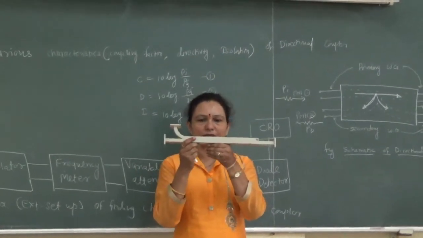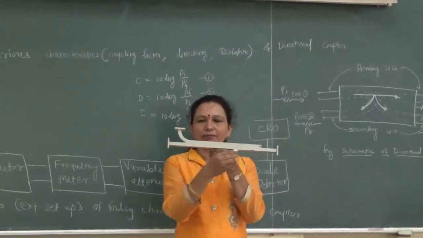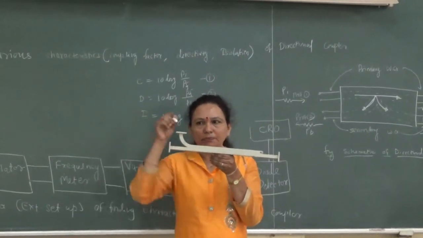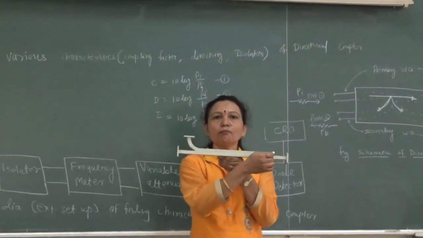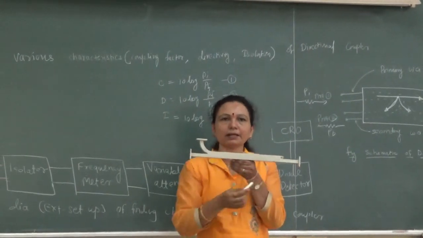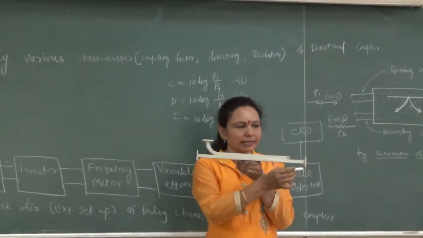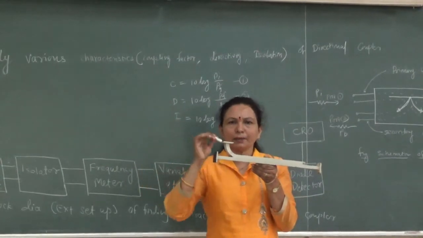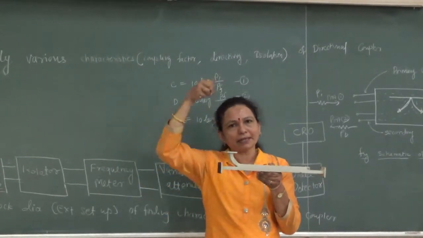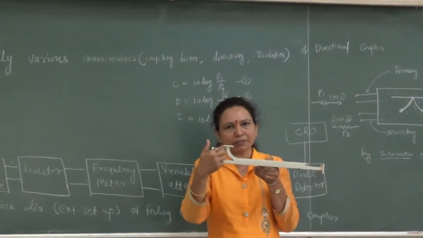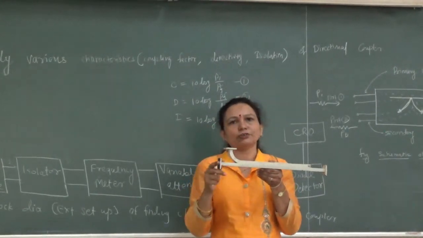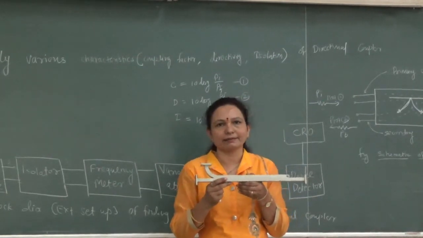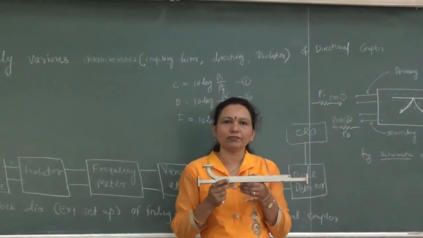Now in this in-place waveguide assembly, you can see the primary waveguide. It is designated as port 1, this as port 2, this as port 3, and this one as port 4. So the directional coupler consists of four ports. The signal is going from port 1 toward port 2, over kilometers of distance. If you want to measure a small signal, then we sample it, taking it through this port, port number 3. Through this port we take the signal for sampling purposes. That's why today we are going to find out the various characteristics such as isolation, coupling factor, and directivity